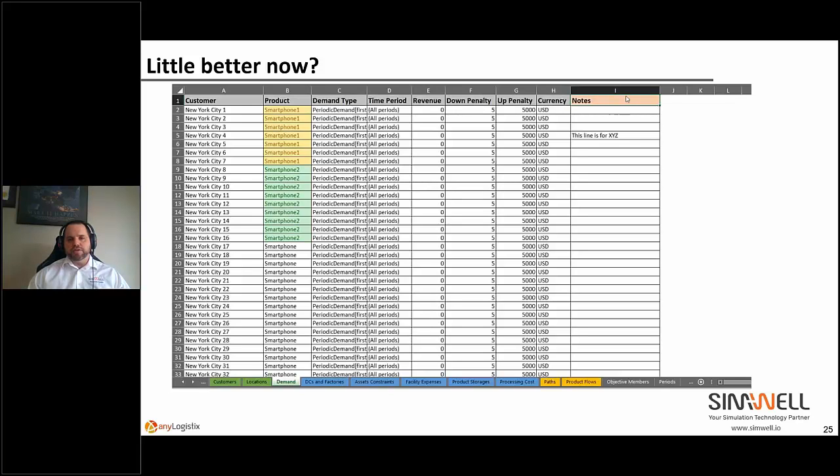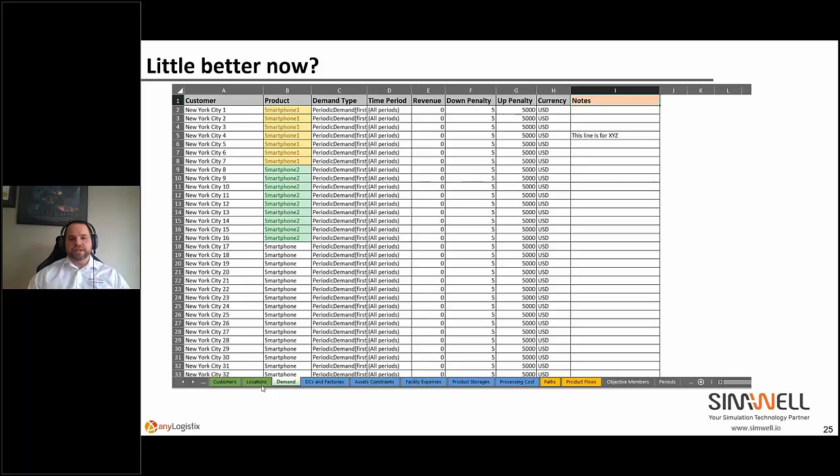Obviously, when you re-import that Excel spreadsheet back into ALX, that column would just be ignored. So feel free to add, like here I add notes. It could be documentation, could be calculation. You can even have formulas, like this 5 here could be 5,000 divided by 1,000 gives 5. And you could have other formulas here that are used to generate these tables. You can have conditional formatting like this. You can change the color of the tab, obviously.